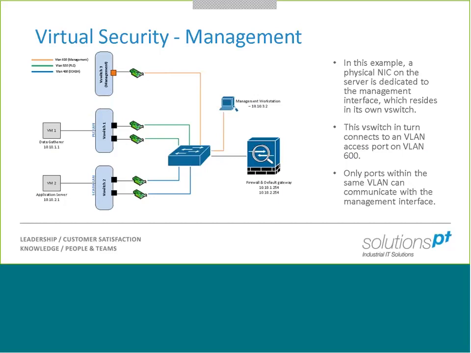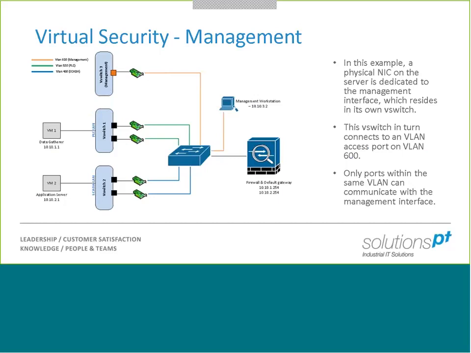Okay, now in this scenario, we are going back to the first scenario, and it's a little bit of a mixture. We've still got our own vSwitch there. We've got our own individual port, and we are tagging the management traffic again with VLAN 600. So it's similar to the first scenario, but the difference here is we've now got our own vSwitch. We've set up a management vSwitch. We've got a physical port allocated to it. We're tagging it at that layer, and we've regained a bit of our flexibility now.